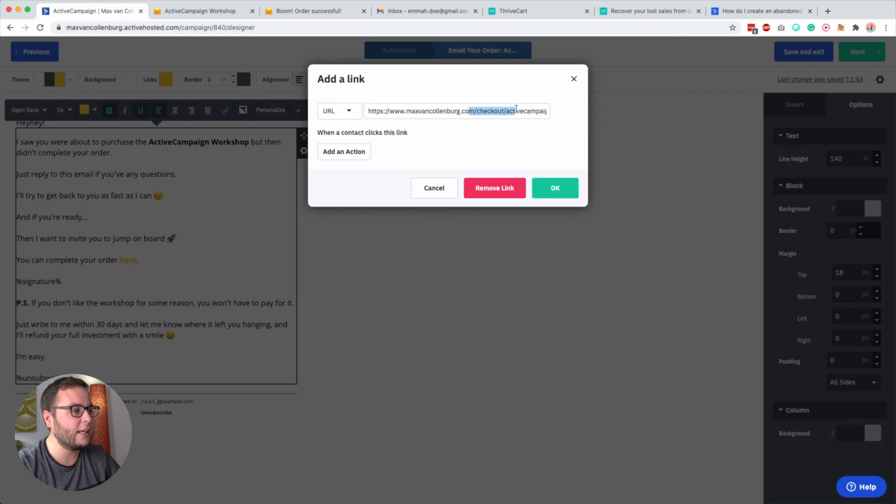You can see that over here. So it's a little bit techy, but here we have our URL. And then this depends on your cart software. But for example, with Thrivecart, we can say, okay, pass through customer first name, and then we enter the first name ActiveCampaign personalization tag. So the first name of the contact will automatically be added to the URL, and also their last name. And if we do not know their last name, it will just be blank, which is also fine. And then also their email address.